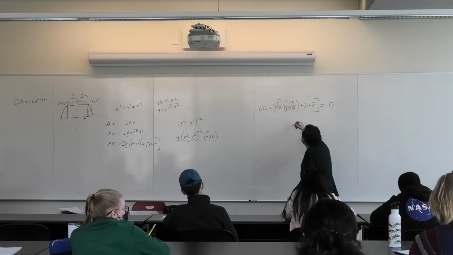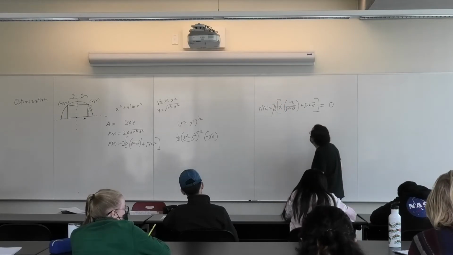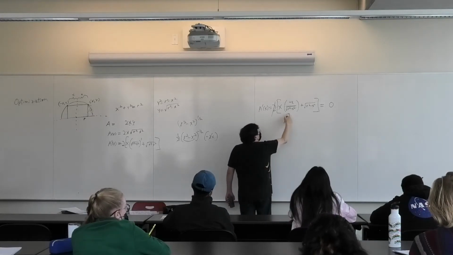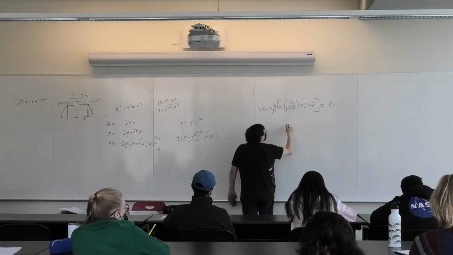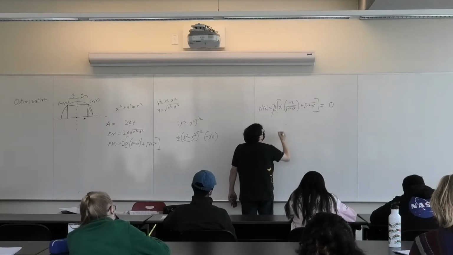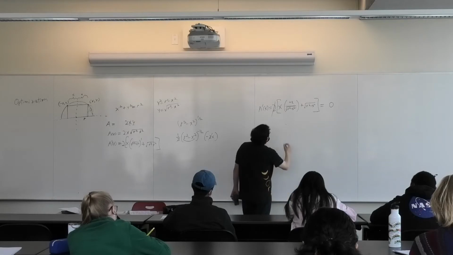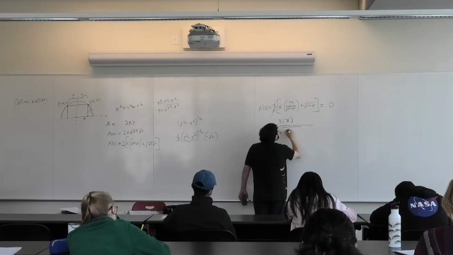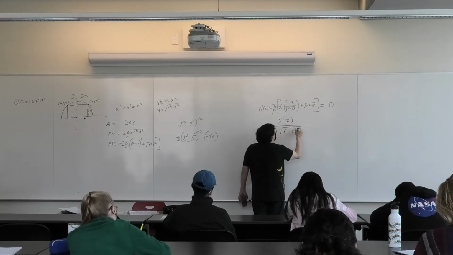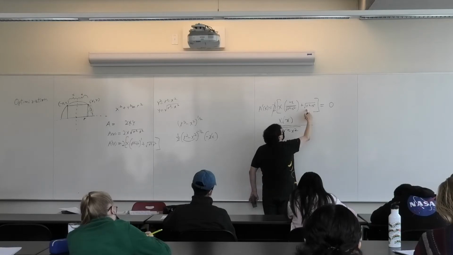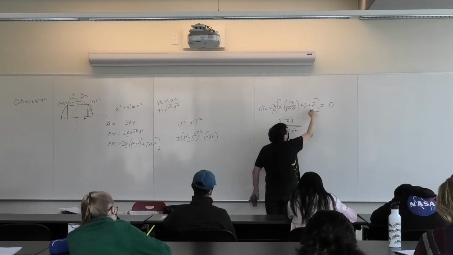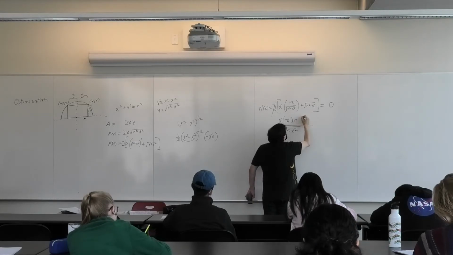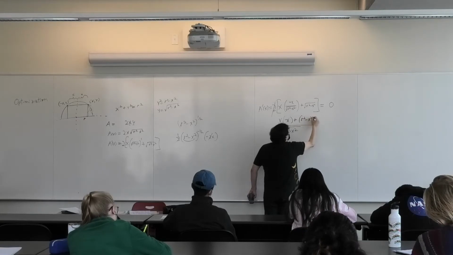We're setting it equal to 0, so we can divide by 2. That goes away. My intuition is to put this over a common denominator. So x times negative x over the square root of r squared minus x squared. Well, I'm going to multiply this by the square root of r squared minus x squared over the square root of r squared minus x squared. So on top, I'm just going to get r squared minus x squared.